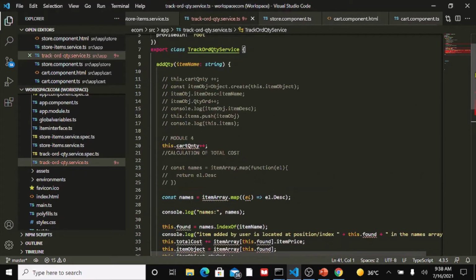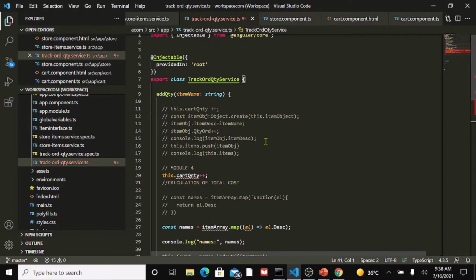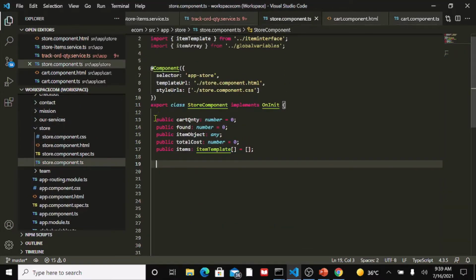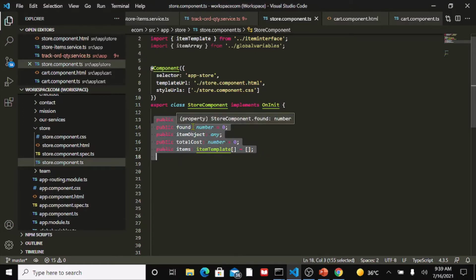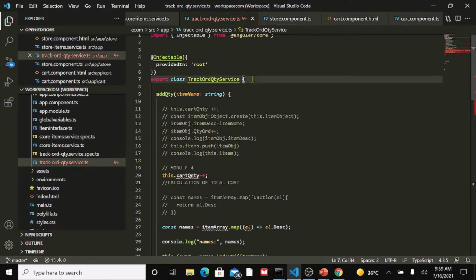You can see now we have a lot of squigglies here. Why? Remember, we've got to also bring in the properties, right? So don't cut or delete these properties from the store component TypeScript file. Why? Remember, we've got total cost, items, cart quantity that are being shared from store to cart, right? So they need to be present here. So just Control C and then paste them into the service,